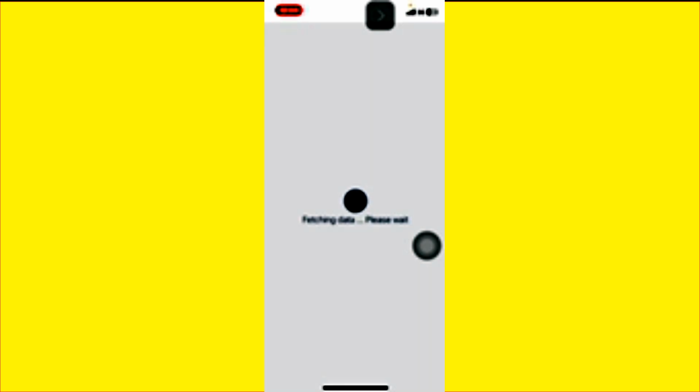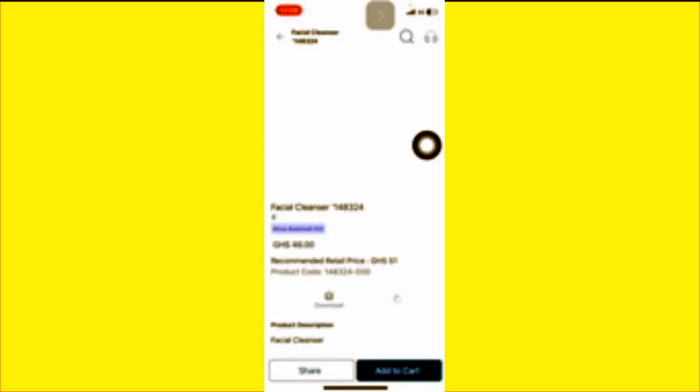So before you promote it, you hit on the share button. Okay, so now the product is being opened. It's still loading. Let's wait, but I'm going to show you this thing before the product finishes loading. So when you come here, you're going to see the product description here. This is the product description that you can use in your sales.